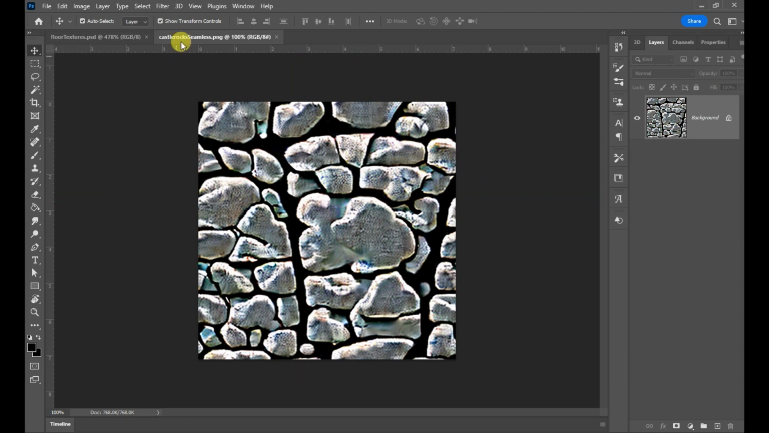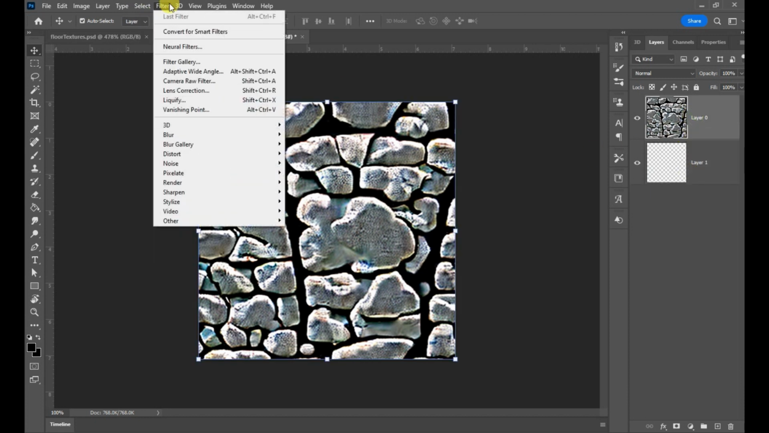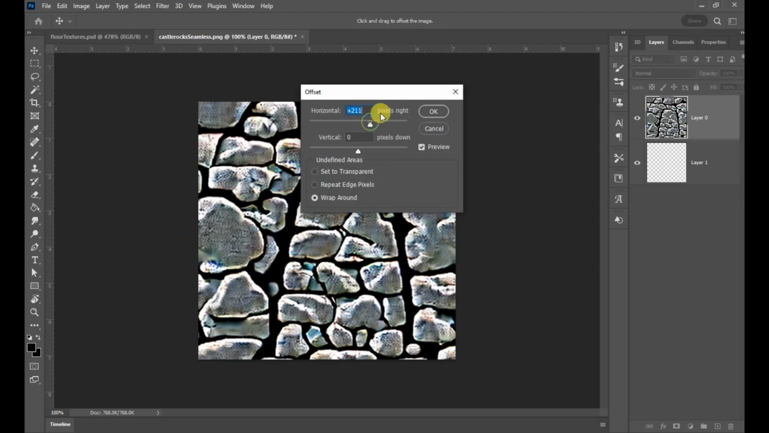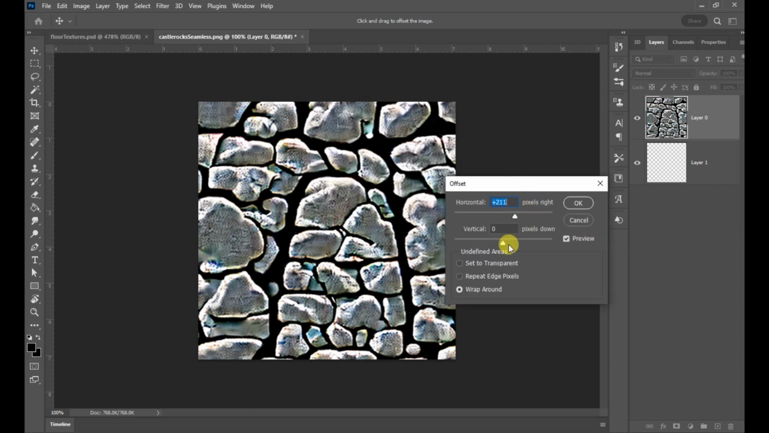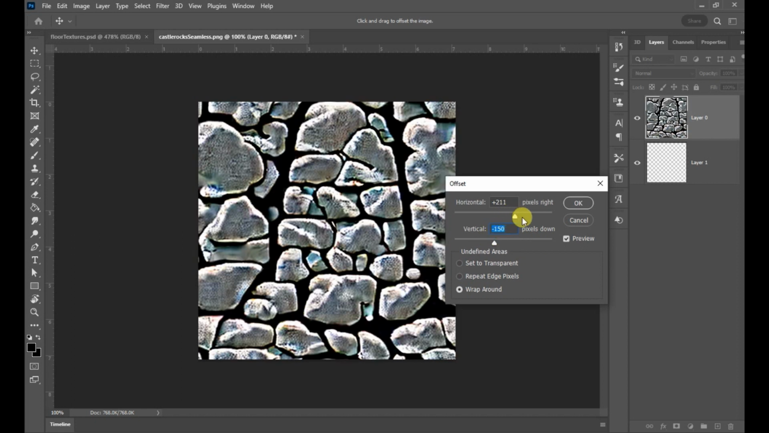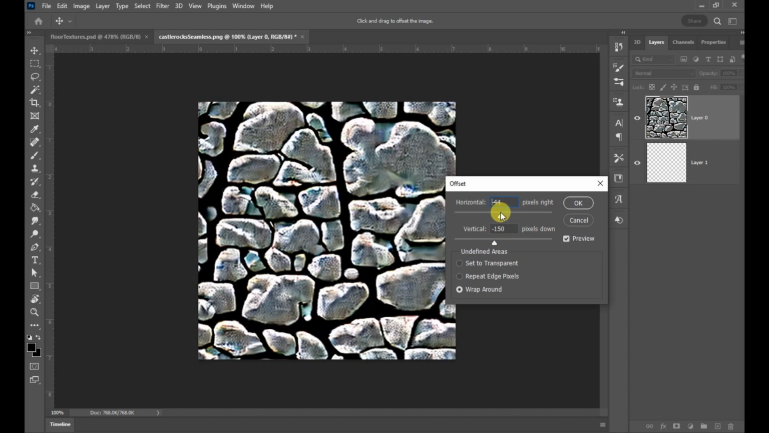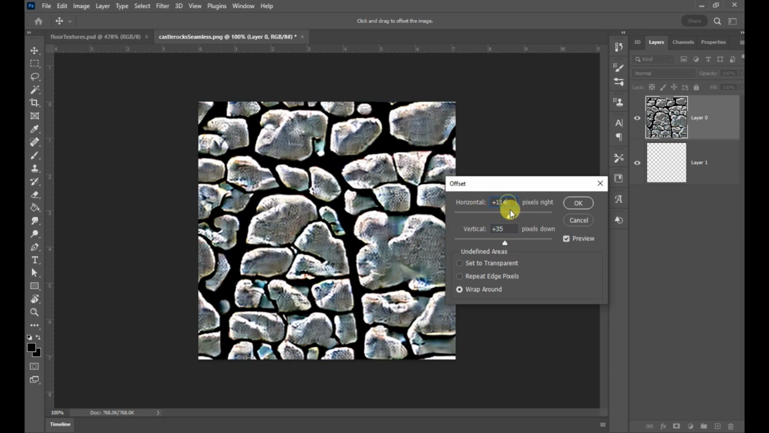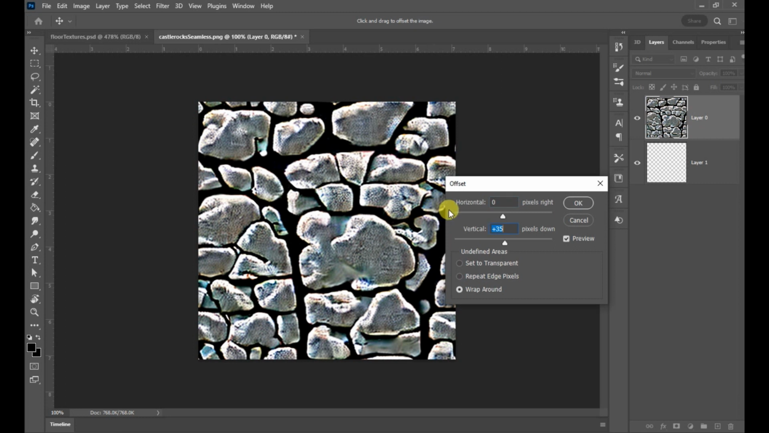And so the way you want to check this is unlock it. I'm going to put a background. We're going to go to filter, other, offset, and then you can move this to see what it looks like, and you can see that it's seamless. So you should be able to bring this into something like Unreal Engine or Unity. If you're bringing it into Smile,